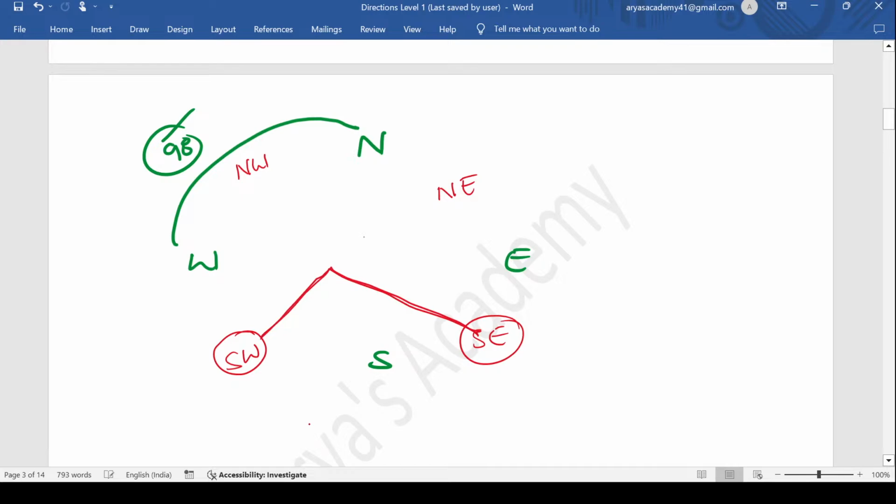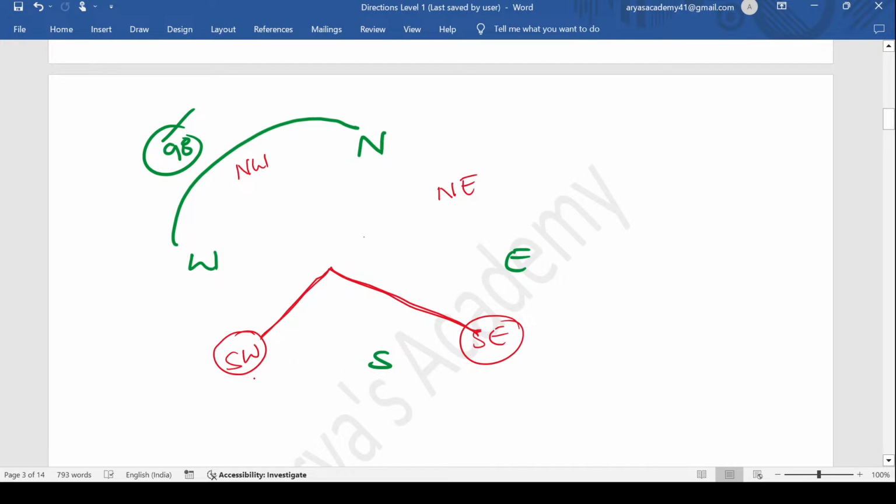What is the angle between southwest and southeast? 90. Very good. That is 90, because